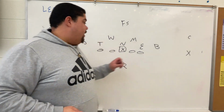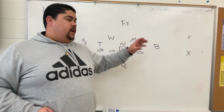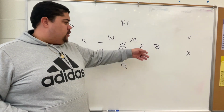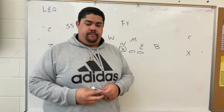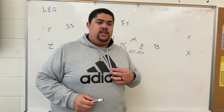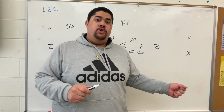All right, so now we have the same formation. There's still trips left, same defense. It's an odd front with a reduced linebacker, outside linebacker over here. So now we're going to talk about this fake tunnel screen, this fake bubble tunnel screen. Now, the only adjustment the offense needs to make, because we're not running Bash away or Bash to the trips now,